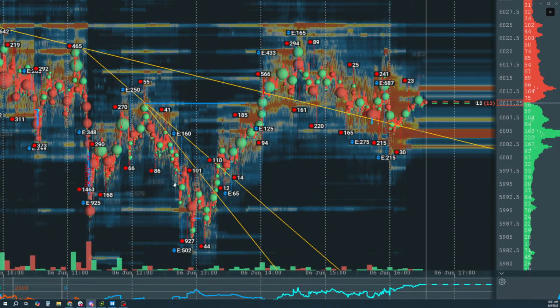It wasn't like a slow accumulation that we're kind of looking for. This was a very fast move and into high liquidity. And then look at the stop run here, huge, right? So this is basically high liquidity and then a flush through. Okay, and then it chops around in here, and then we do see buyers come back in here, and then